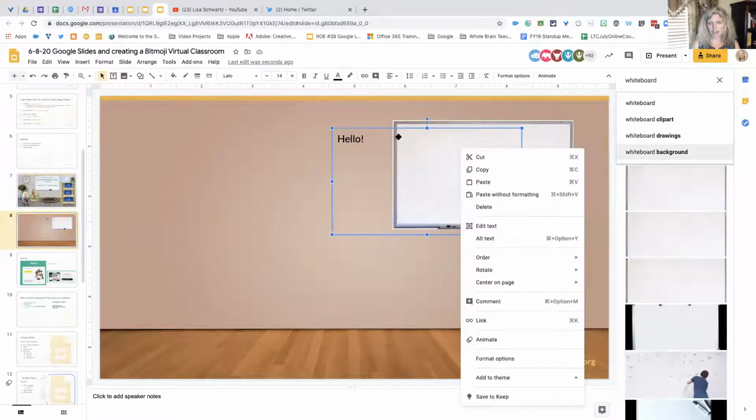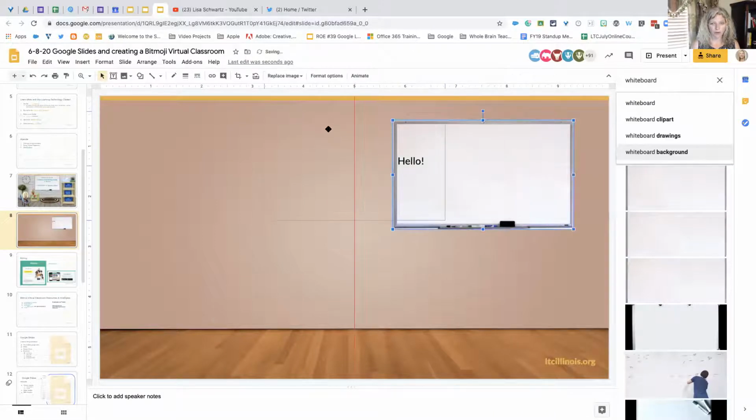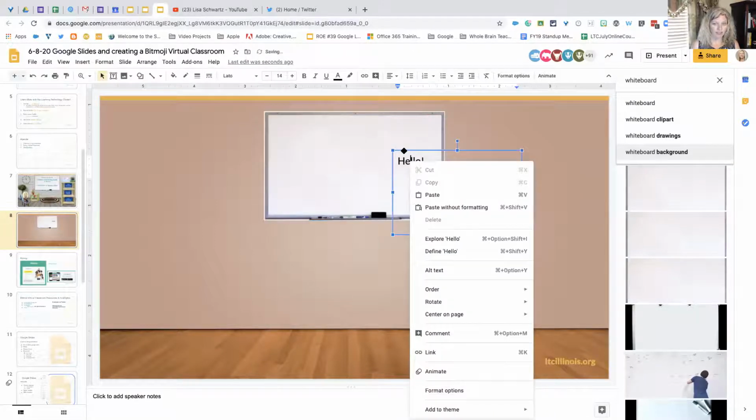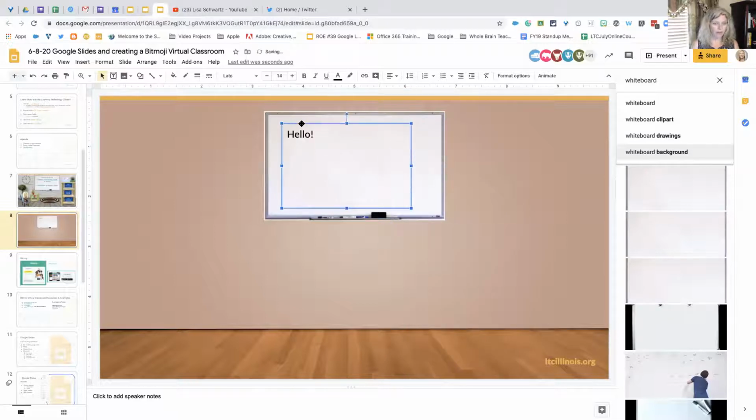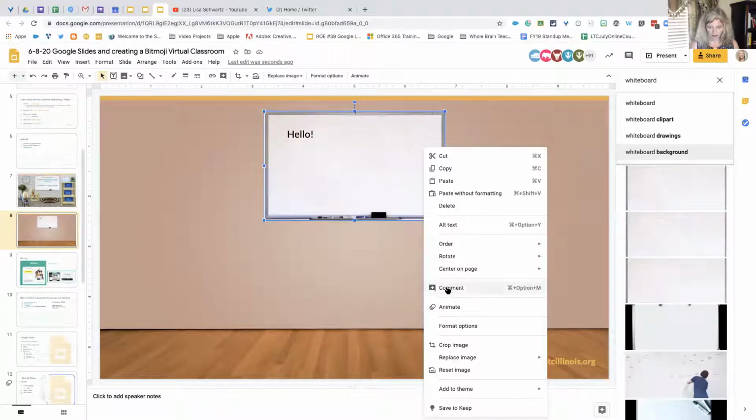And as you can see, when I'm trying to move it, this text box gets in the way at times. So if I know that I've got text on my whiteboard and I don't want to keep moving my text to fit my whiteboard if I'm moving it around, what I can do is put them together. I can group them. And if I click on the text box and click on the whiteboard and right click, I can